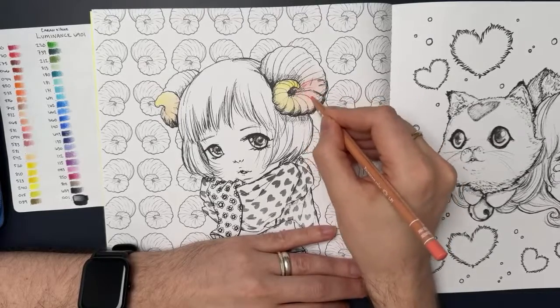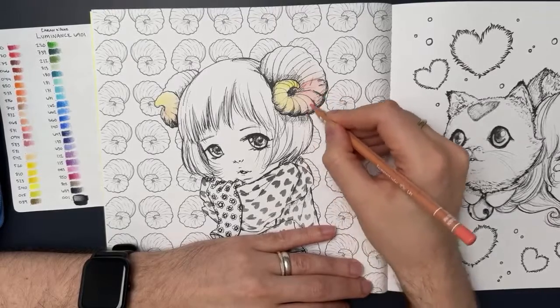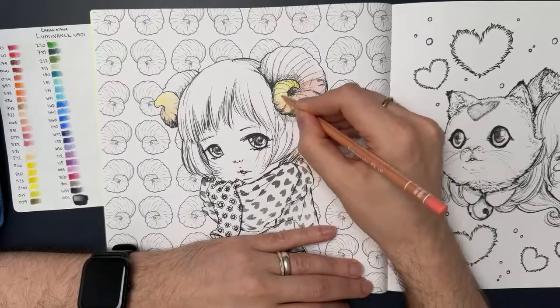So the other ones you were doing of the little scenes, how were those? Because you don't normally color scenes. Right, I was going to say, when I get in the zone and do the Johanna Basford ones, those are...